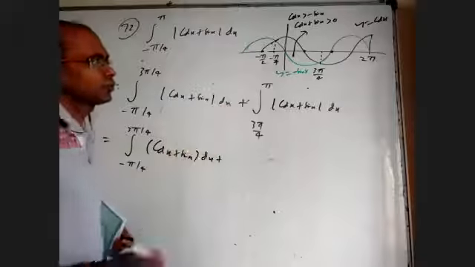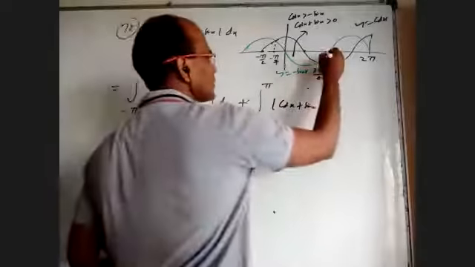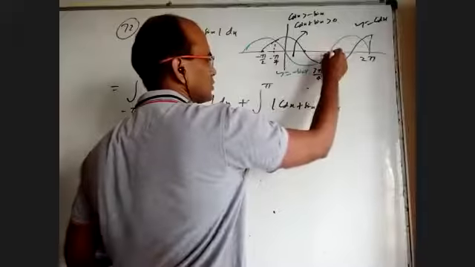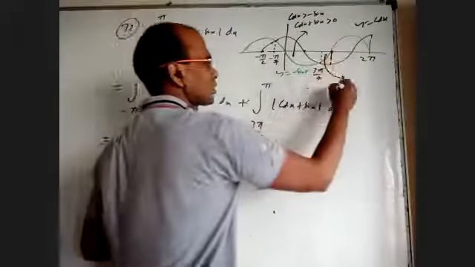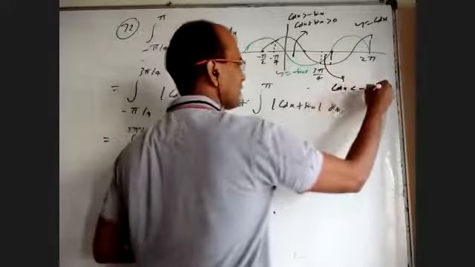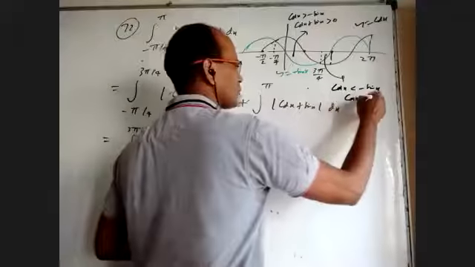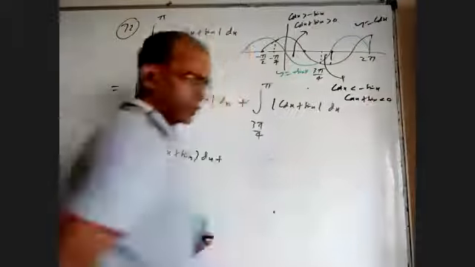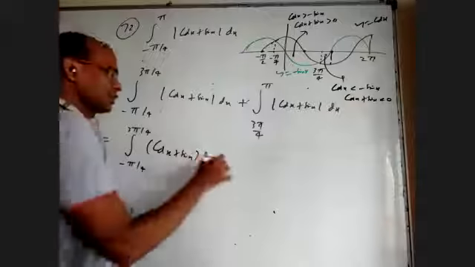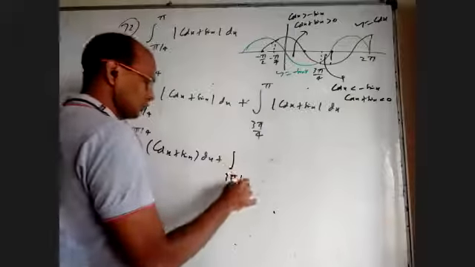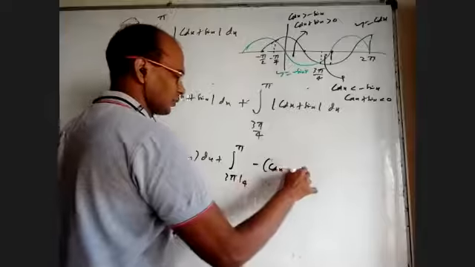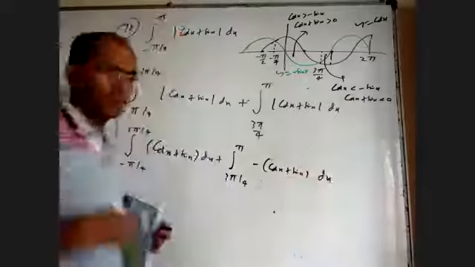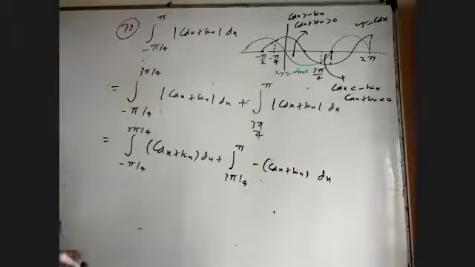Between 3 pi by 4 to pi, that is this region, or whatever it is in this interval. You can say minus sin x is higher, cos x is lower. So cos x is less than minus sin x, so cos x plus sin x is less than 0. Because it is negative, I have to write 3 pi by 4 to pi, minus of cos x plus sin x. We know the mod x definition: when it is positive, plus x; when it is negative, minus.